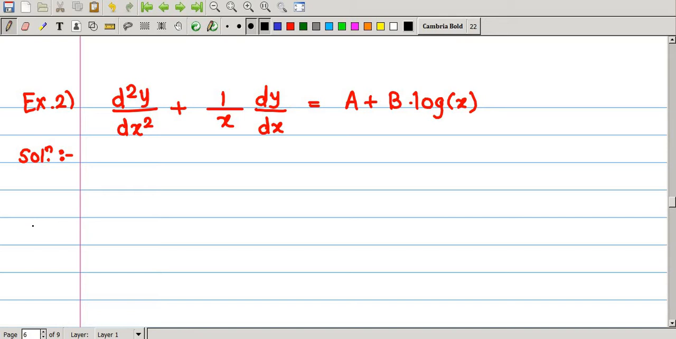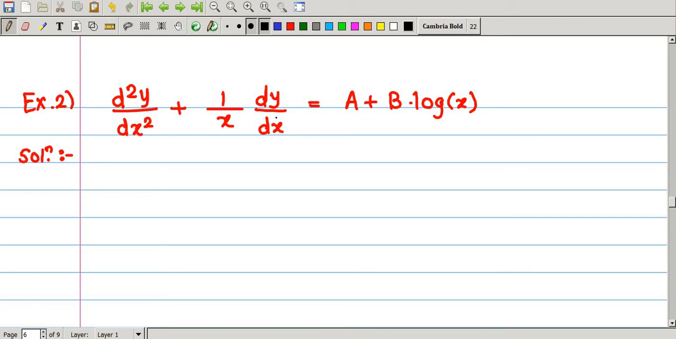In the previous module we discussed linear differential equations with constant coefficients, and we learned how Cauchy's or Euler's differential equation looks and how it is solved. In those differential equations we used a substitution so that the variable coefficient form of the differential equation is converted into constant coefficient form. So there was one problem for your exercise, and the question was d square y upon dx square